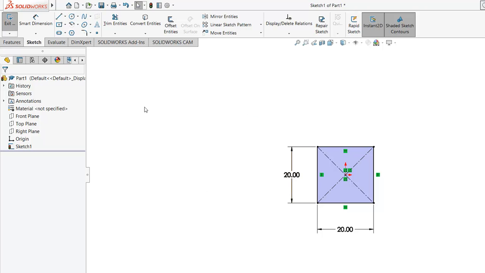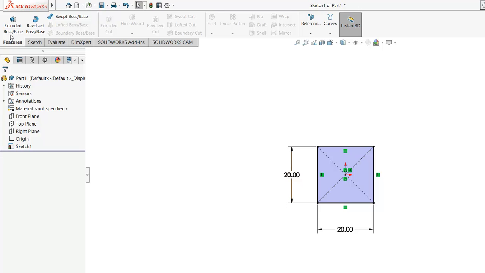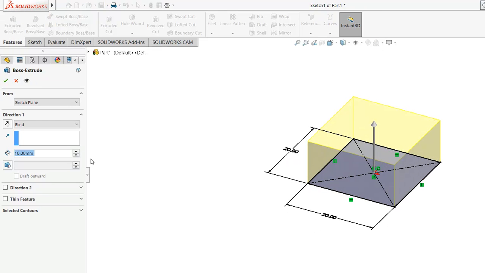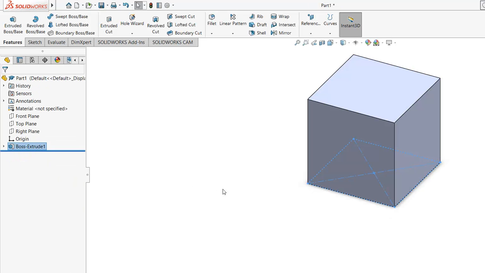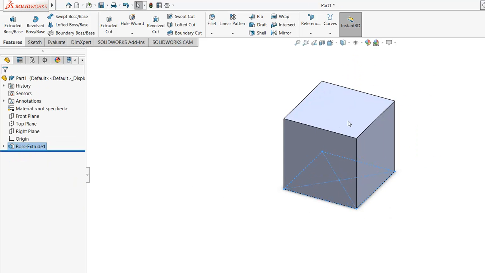which I'm going to then extrude by going to Features, Extrude Boss Base, and I'm going to make that 20 millimeters. And I'm going to green check mark it. Now that I have my cube created, I'm going to save it,